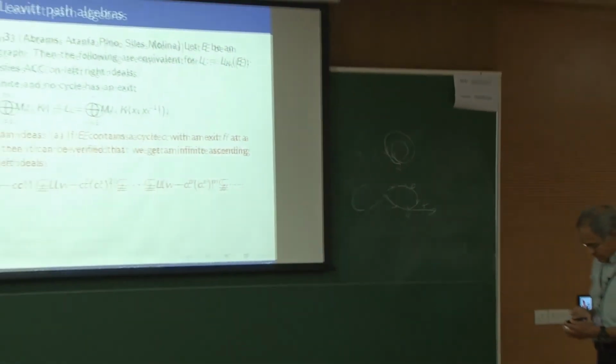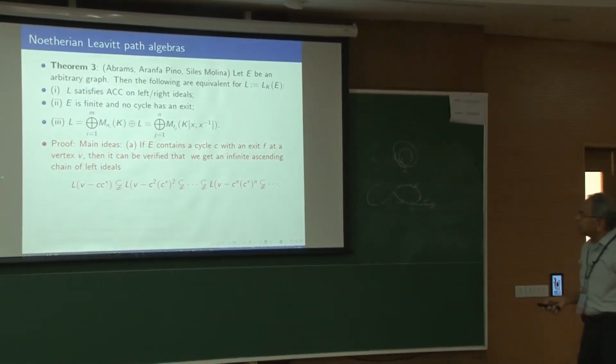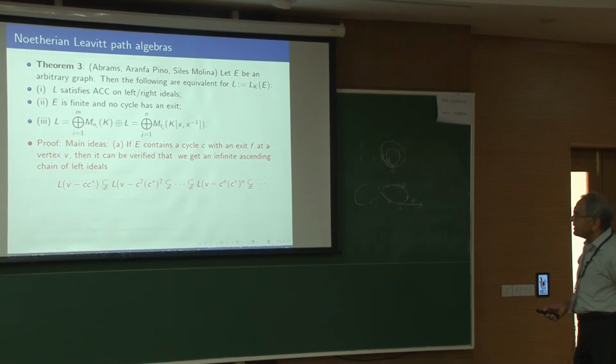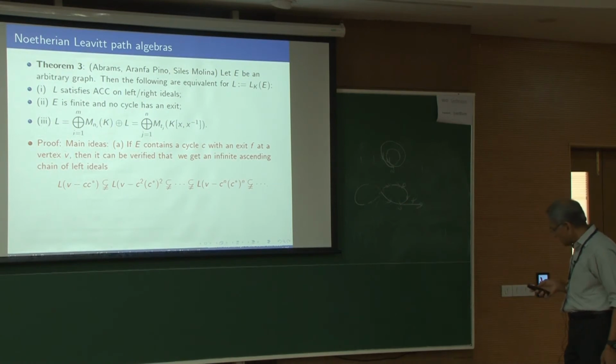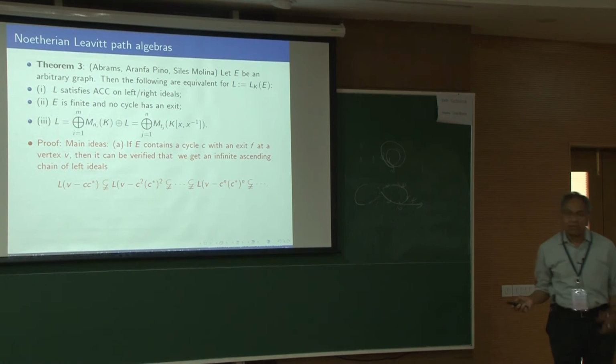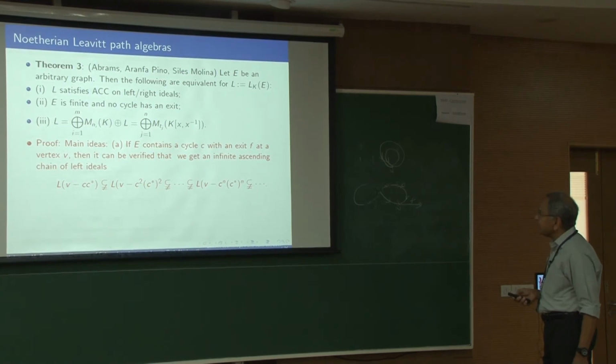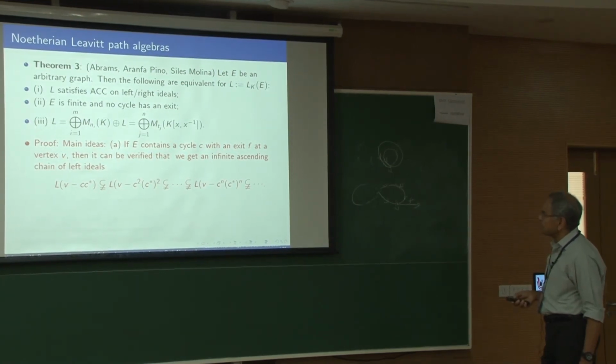Then these left ideals, L times V minus CC star, is strictly contained. The strict containment comes because of the exit here. So to show that the containment is strict, you really use this argument. So I have an infinite ascending chain. That's not possible here. So the no cycle has an exit in here. So in that case, very similar to the proposition that we